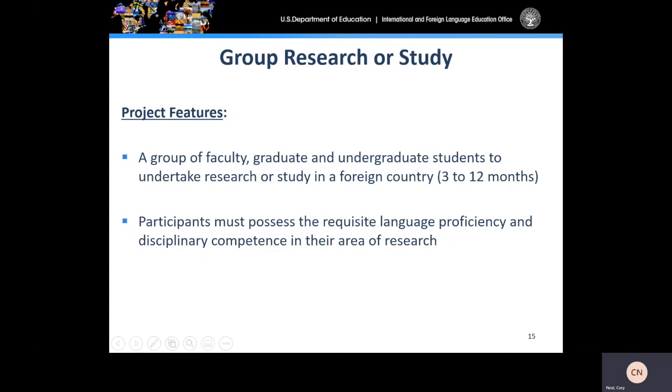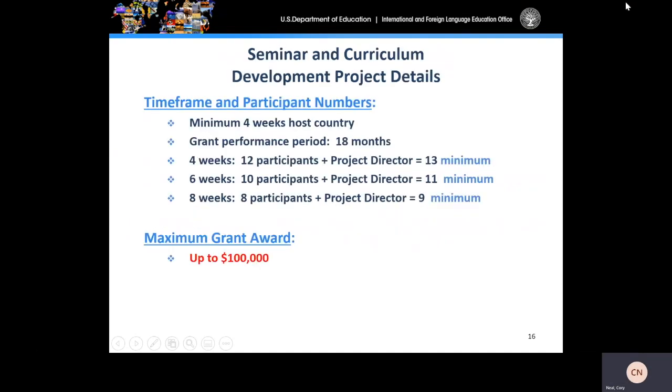Okay, let's look at the numbers for each of these. For short-term seminars and curriculum development projects, the minimum time spent in the host country is 4 weeks. This does not include the pre-departure orientation in the United States, which we will touch on later. Your grant performance period for a seminar or curriculum development project is 18 months. If you choose to spend the minimum 4 weeks in country, you must include 12 participants and 1 project director for a total of 13 individuals.